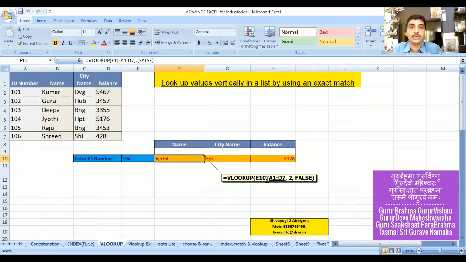Here I gave A1 to D7. In that range it will search and display whatever data is present in the second column, that is, the name of that particular client. So like that, you have worked on VLOOKUP. Now next,